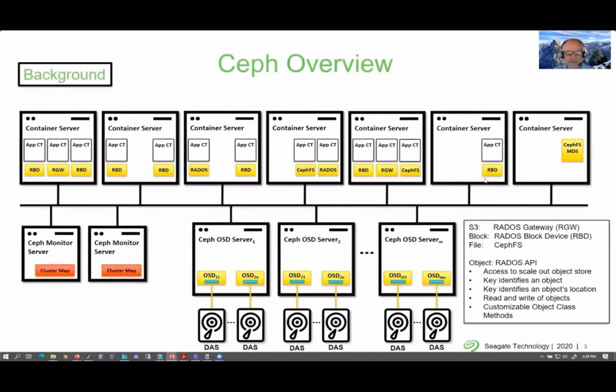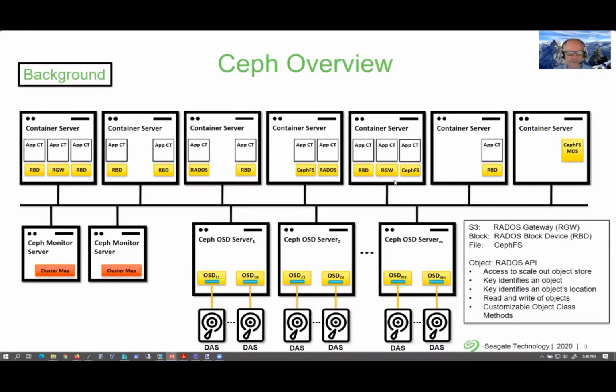A little bit of background here. I think we've seen these pictures before in the past. This is the Ceph architectural overview. Ceph is a collection of OSD servers that essentially manage the disk drives and provide I/O operations to those drives. There's a series of monitors that maintain membership of the cluster. Above is a client tier that uses various interfaces into Ceph, such as a block or a file or S3 interface. All of those interfaces are implemented using Rados, which is an underlying object API.